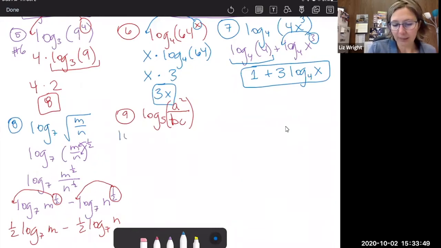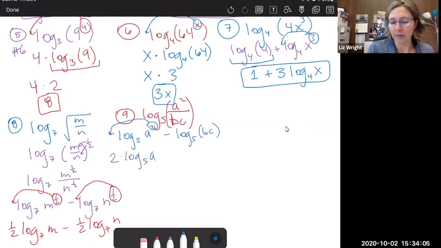So this one should be log base 5 of a squared minus log base 5 of bc. So then I'm going to bring this 2 down. So then I've got 2 times log base 5 of A minus log base 5 of B